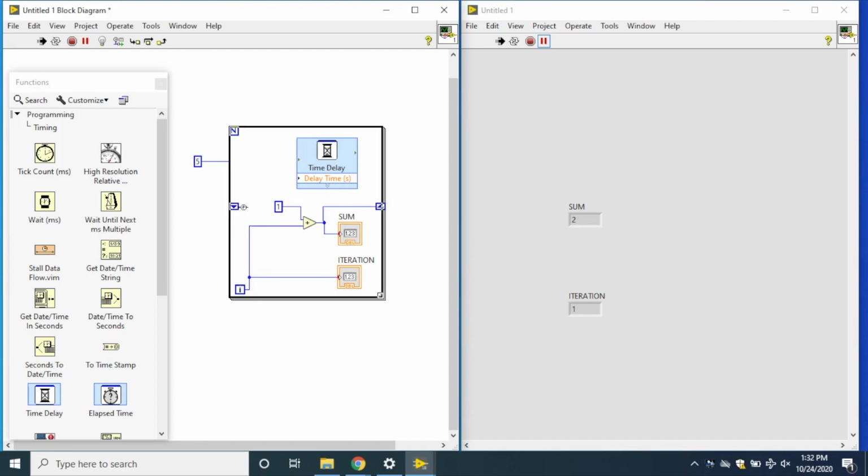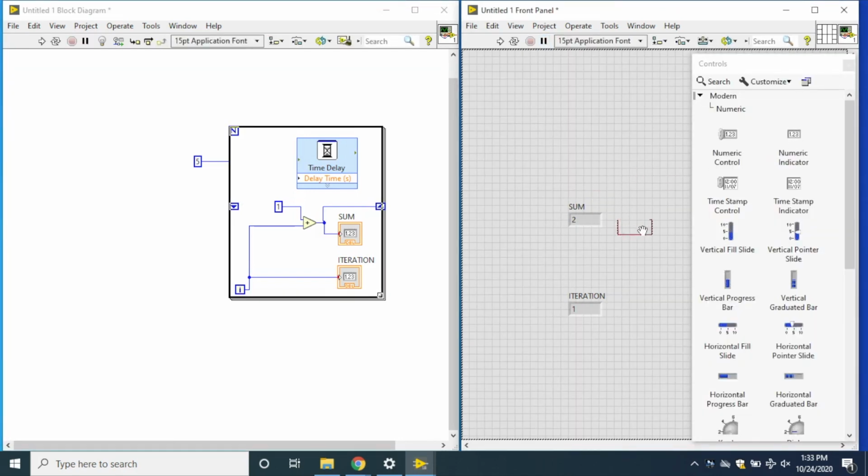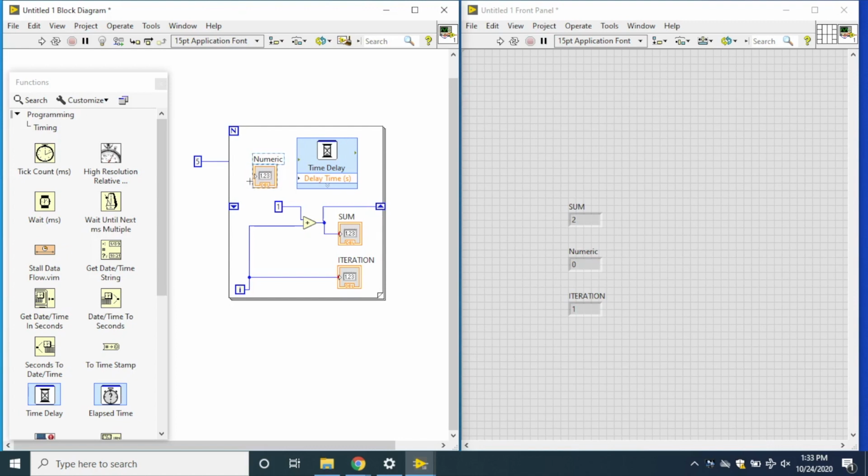Remember, the register on your left hand side is going to allow me to access the value that was fed into this register in the previous iteration. If I were to choose an indicator and set it up here to display this particular value,